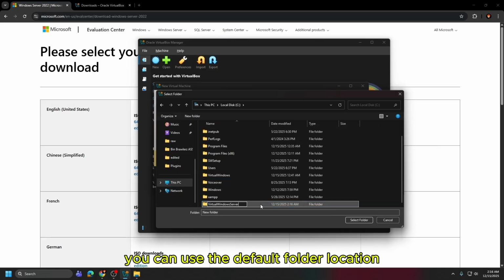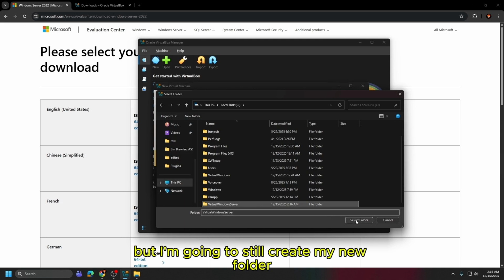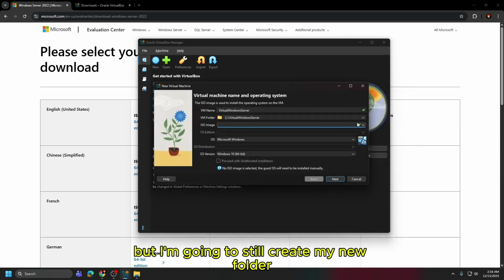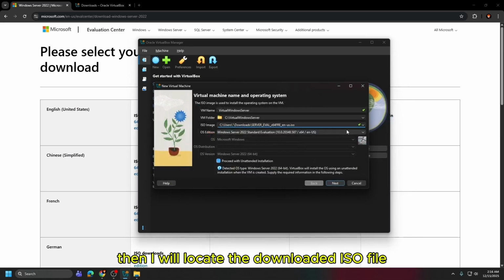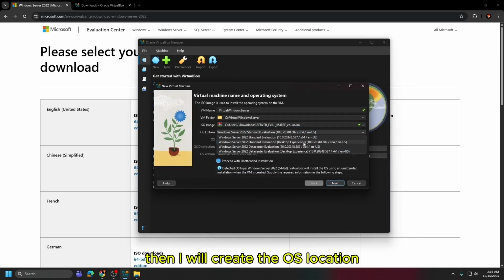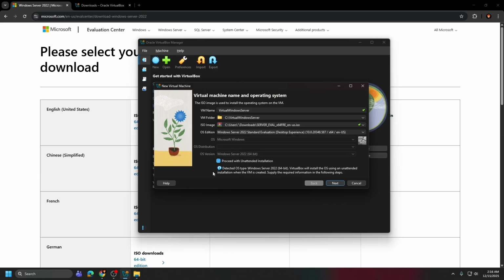You can use the default folder location, but I'm still going to create my new folder. Then I will locate the downloaded ISO file. Then I will create the OS location.